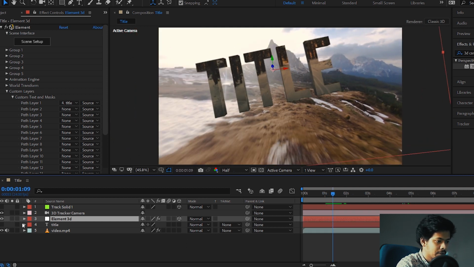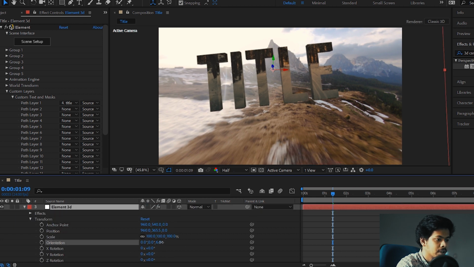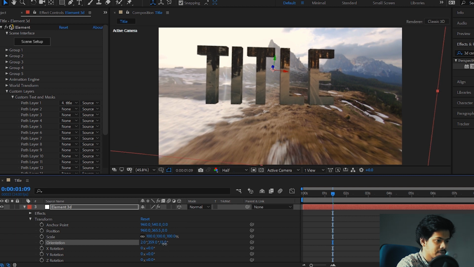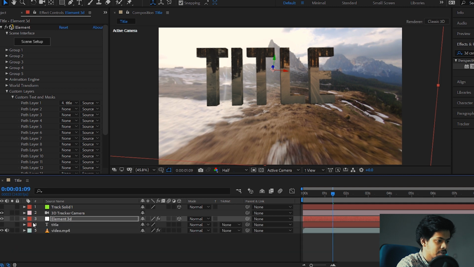To do that, click on this drop down menu in the Element 3D layer, go down here and come to orientation, and we're going to make some changes to the orientation here. I'm going to change the Z axis to make it straight. Then I'm going to also alter its Y axis to make it seen in the front. Also change the X values so that it's tilting in the right position. So I'm going to increase the Z to this side, and now I'm just going to refine this particular position.